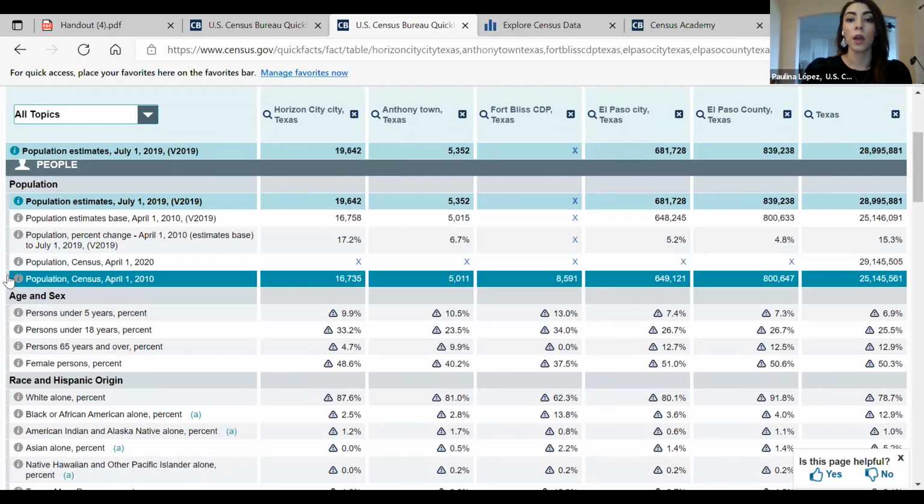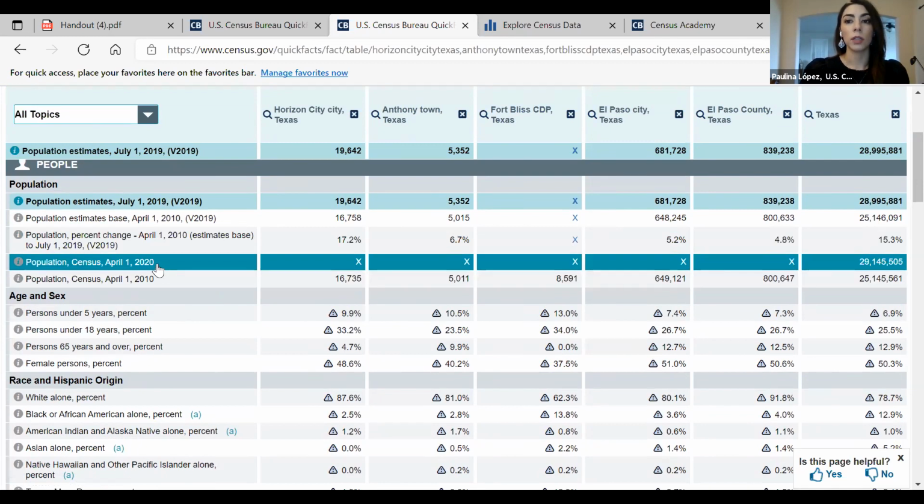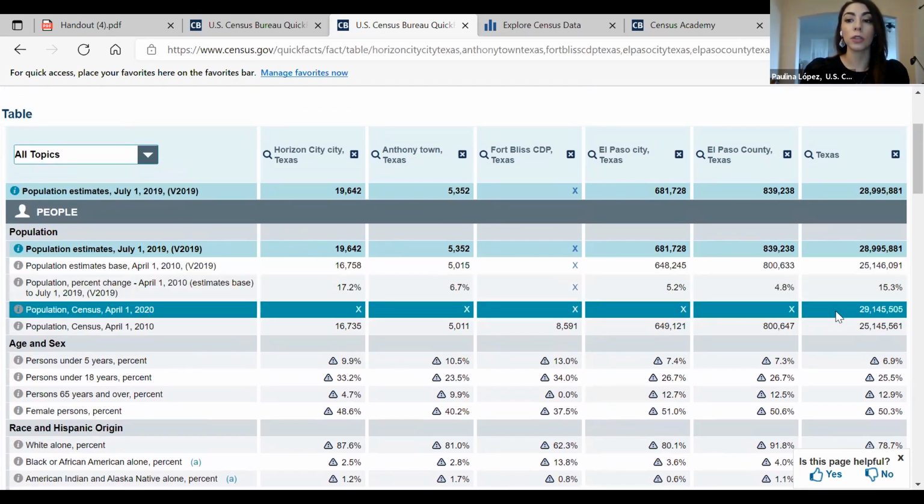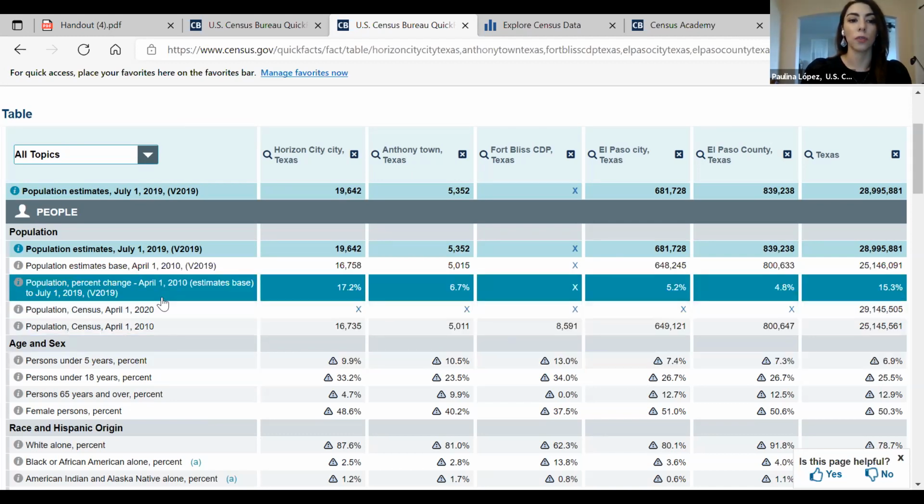Right now we have decennial census information for 2010, and for 2020 we are expecting those results to be released in August and September of this year. That will be reflected. Right now, we only have the decennial population for states and nationwide. For lower levels of geography like counties, cities, and census designated places, we'll see that later this fall.